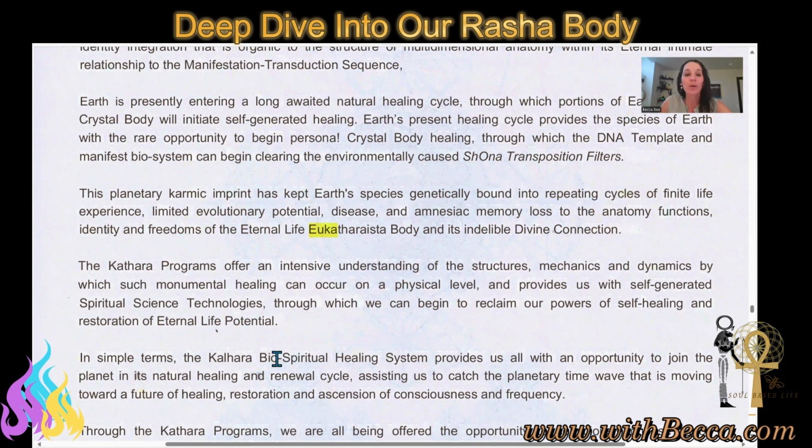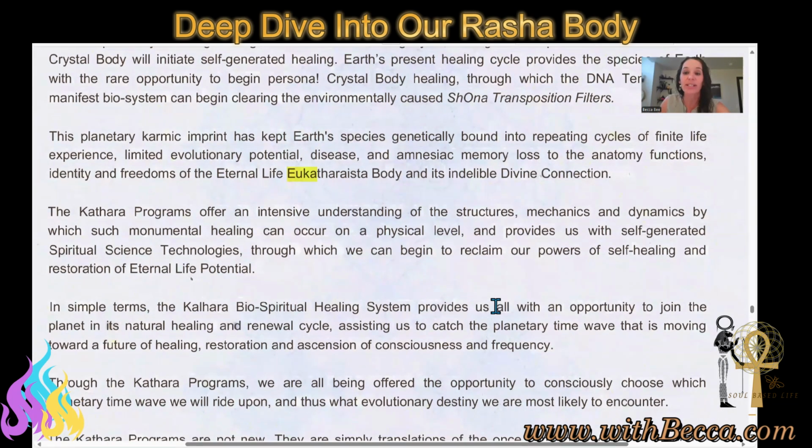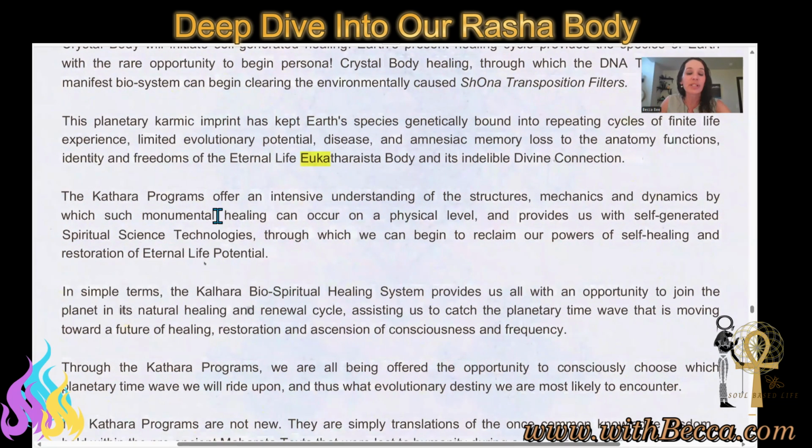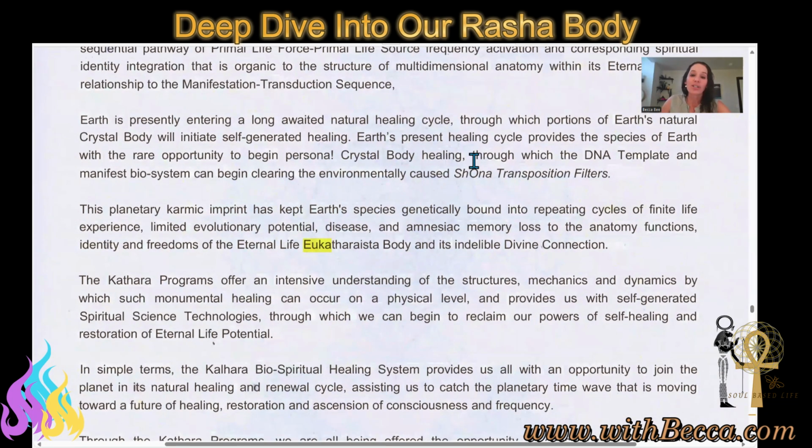Every time we go through a repeating cycle, it de-evolves a quantum of our spark or our evolution. It's like making a copy and making a copy and making a copy. Eventually the furthest copies aren't going to have the highest integrity as the original. So it's saying that it's limited evolutionary potential, creating disease, amnesia, so memory loss, and autonomic functions, identity, and freedoms of the eternal life, eucharistic body, and its indelible divine connection. So basically, all the things that have been keeping us stuck in here, she refers to this as